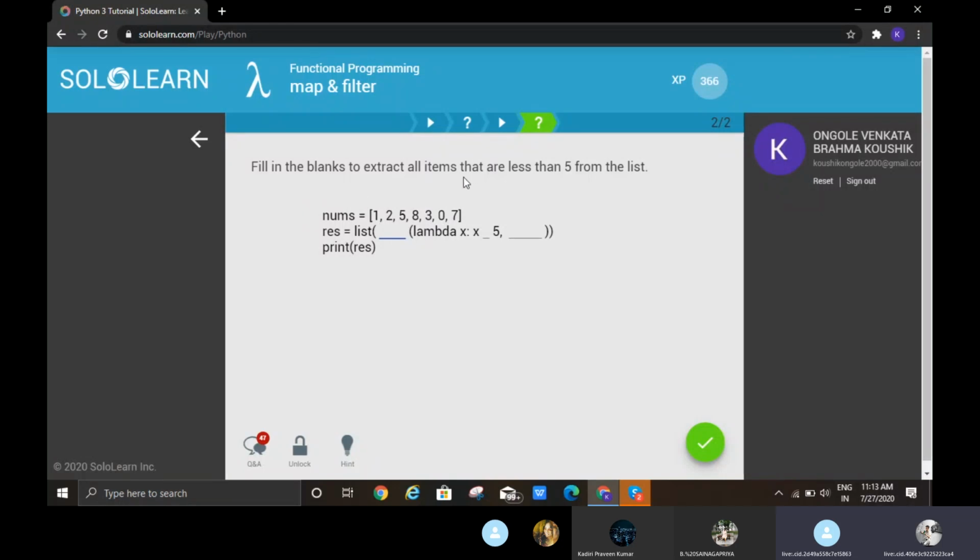Fill in the blanks to extract all items that are less than 5 from the list. Here nums is given: 1, filter 2, 5, 8, 3, 0, 7. res = list(filter